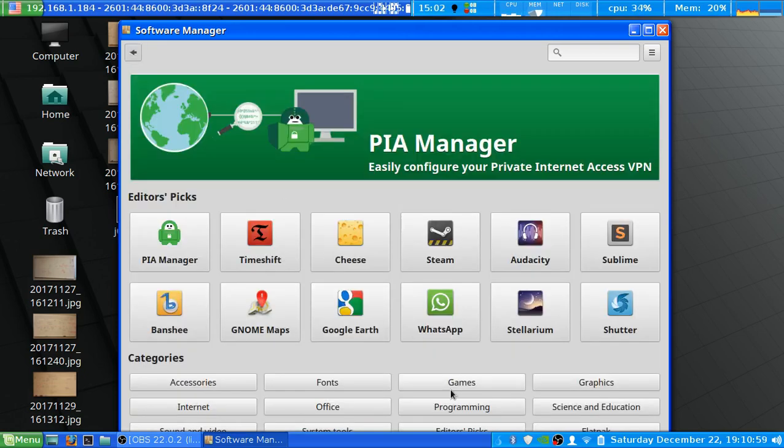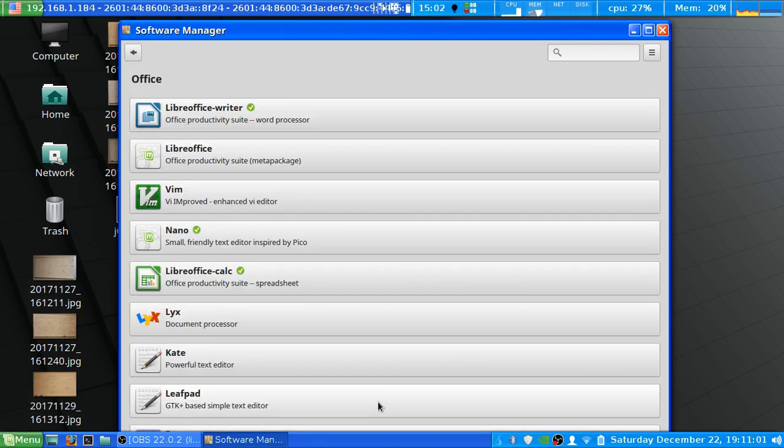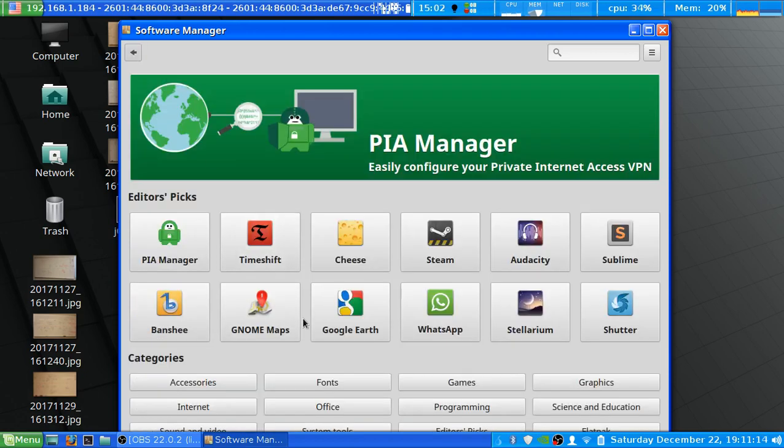And again, you can go into the Office and put in different Office utilities. Now, the ones with check marks next to them, I've already installed. But continuing on,